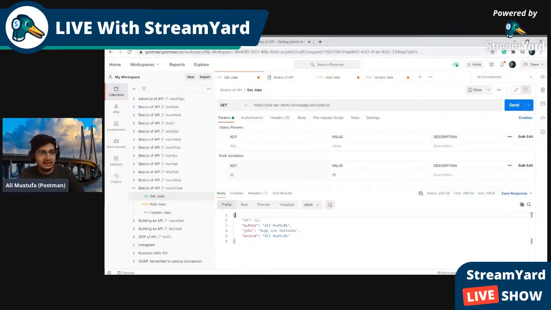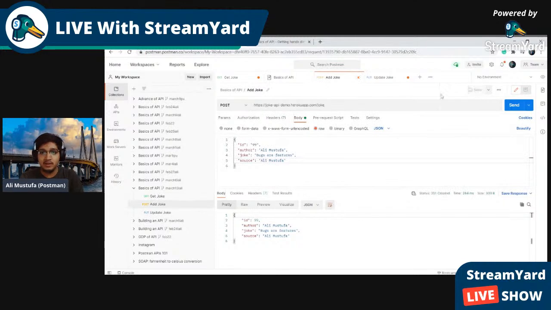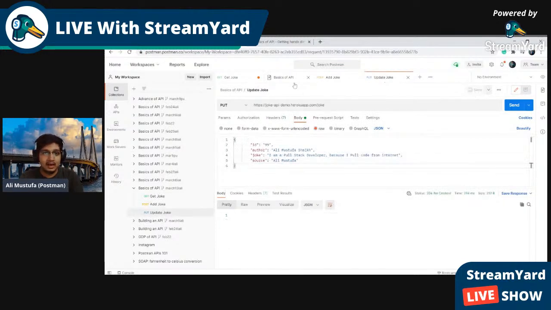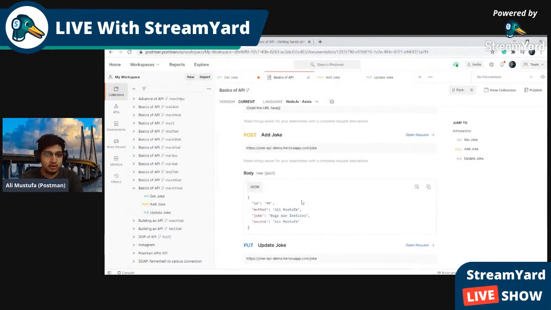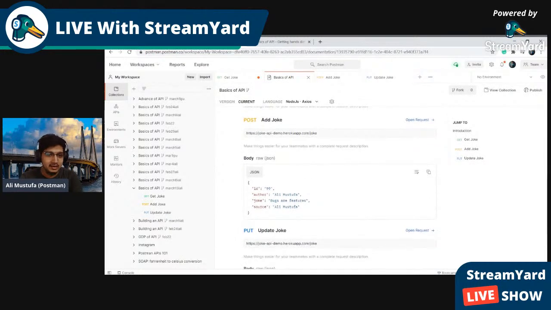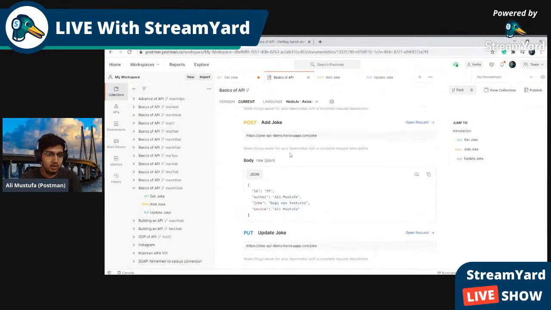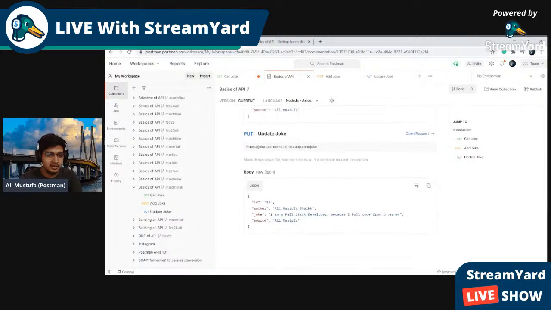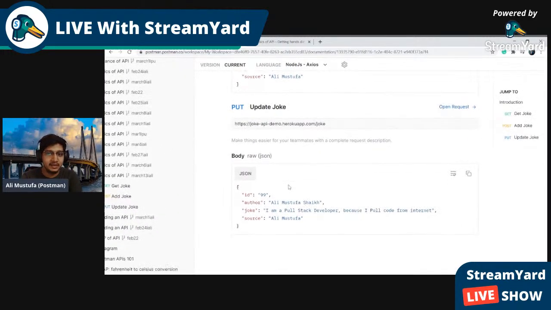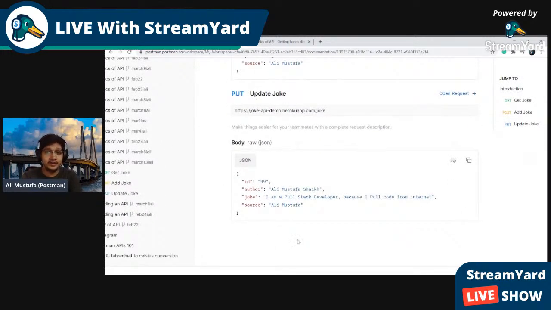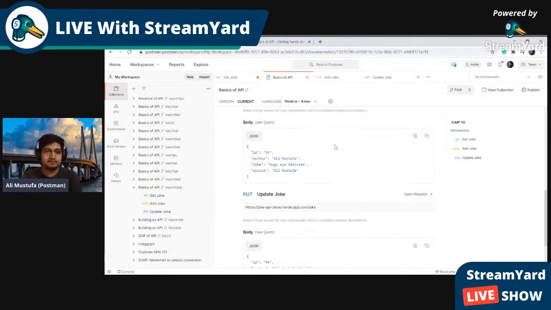So can you folks do that for me? Can you check the syntax in the documentation? Come back and do that. Also, one more thing I wanted to tell you: let me save this. Once I save this, I can see that the documentation is automatically updated with the POST request and the PUT request. Once you add the delete method, it will automatically update the documentation with the delete method as well. So please do that for me.